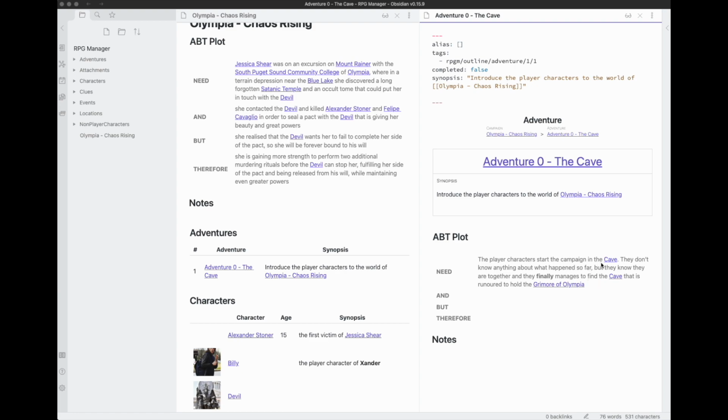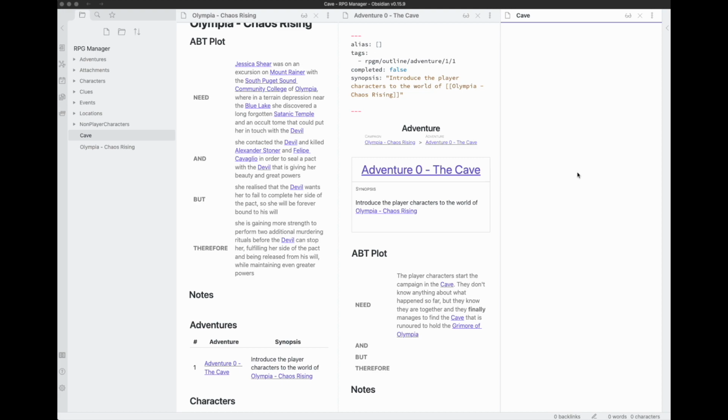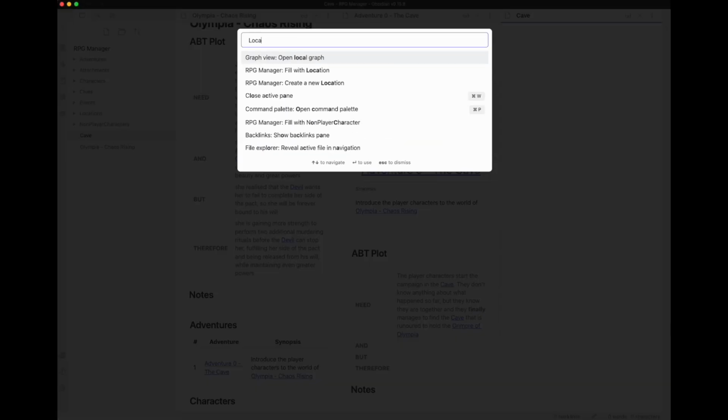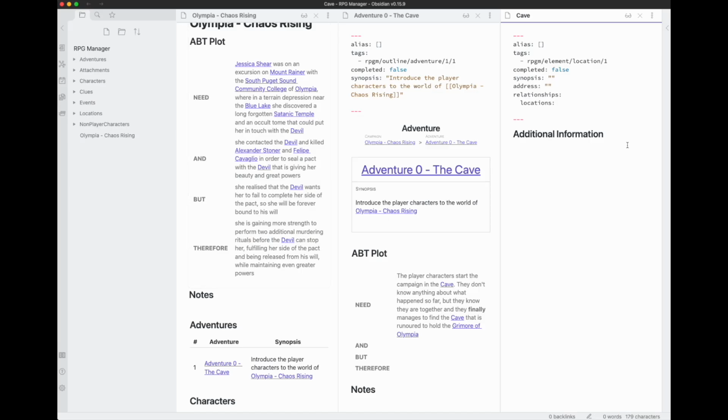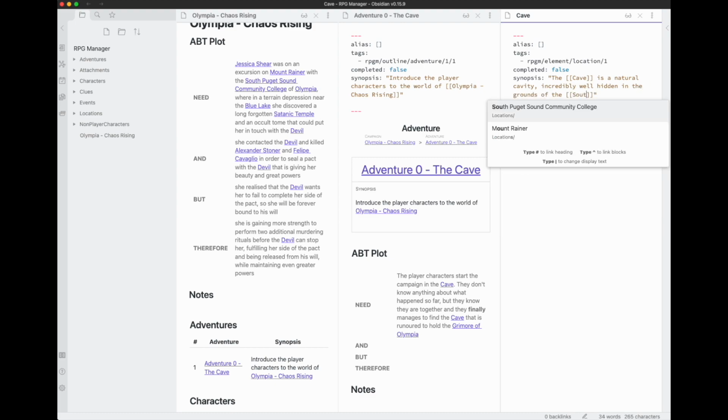Already in here, I want to create a couple of pieces of information. So I will say the cave is a location, a photo location, and here we go. The cave is a natural cavity, incredibly well hidden. The Puget Sound Community College. Okay,